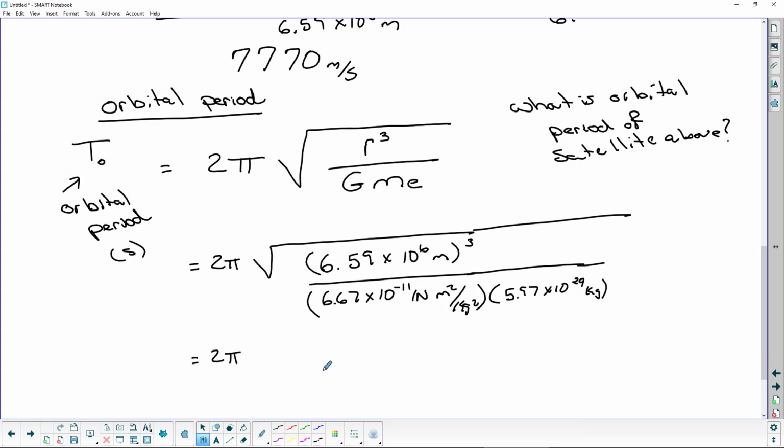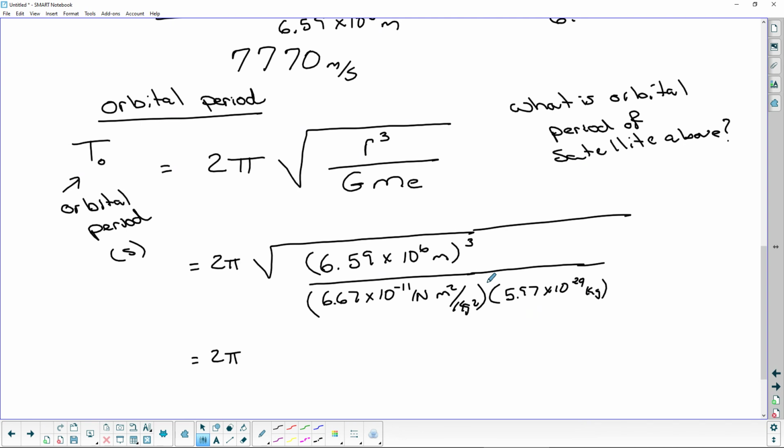So the first thing I'm going to do is I'm going to cube the top. So 6.59, scientific notation 6, cubed. Okay, so that's going to give me a number. Now I'm going to keep that on there. Now here's a trick that you can do. You don't have to multiply these before. You can divide them out each separately because multiplication and division happen at the same time when you do order of operations. So you can go divide by